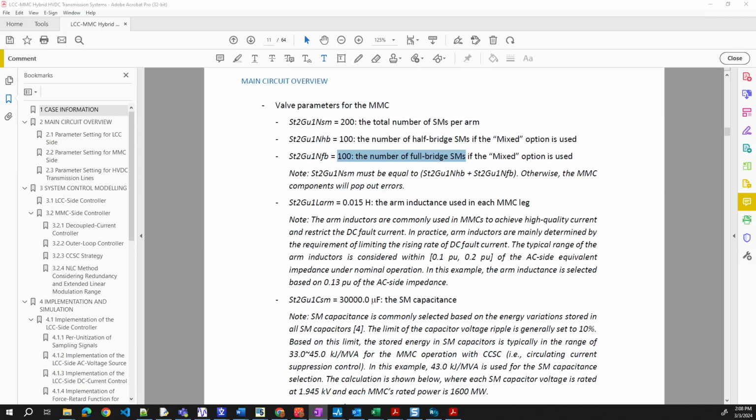Why the system strengths on the rectifier and the SCR on the side, why in LCC is it set to 2.5.